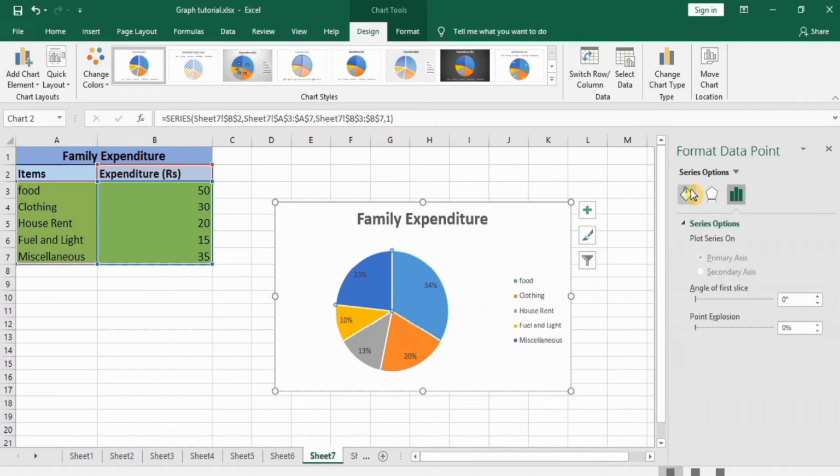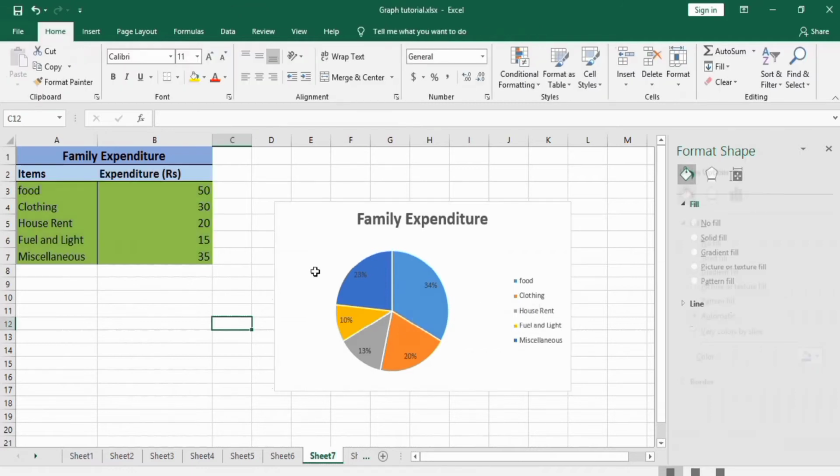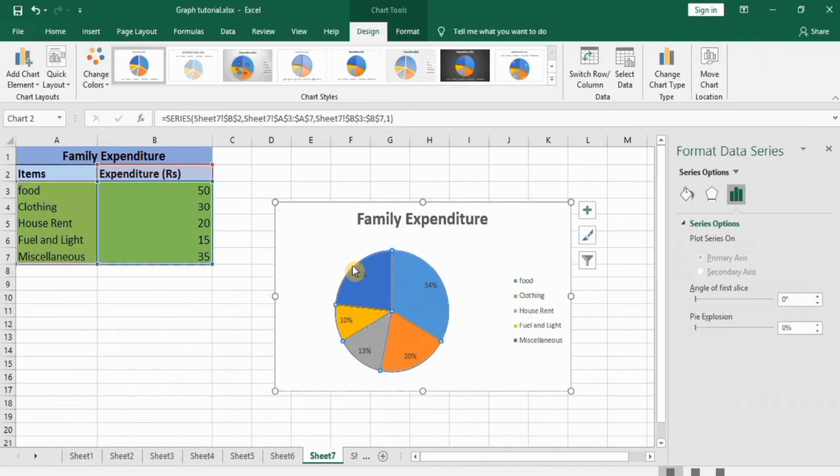Similarly, I will go to these options of fill and line. Go to fill. If you want to quickly change the color, you can see this option.